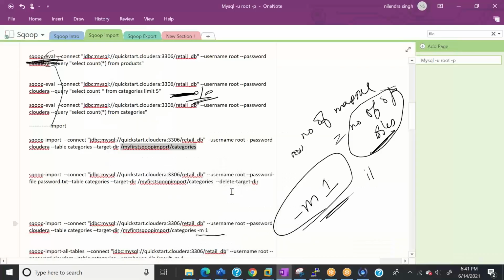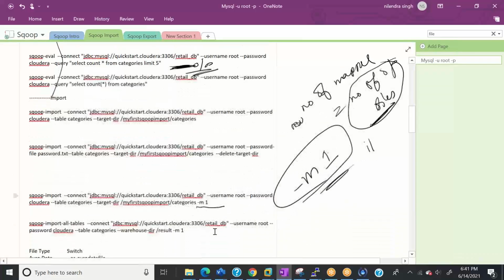Okay, so this is covered, the number of mappers and all. Now the question arises, how many mappers should we decide on? How many mappers do we need to put in the -m parameter? The exact answer is, it depends on your configuration. If you have, let's say, 64 cores available, enough memory, and you want to pull data from the source database more quickly, then you can have 8 mappers.